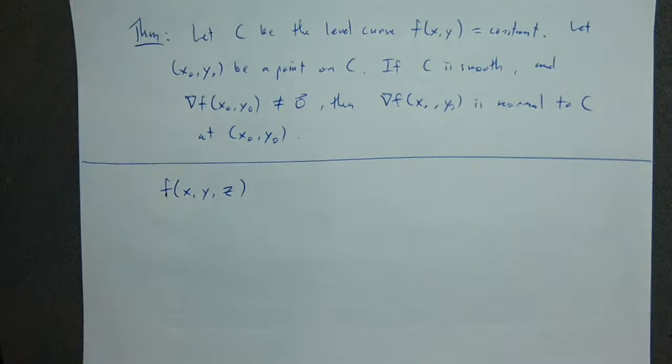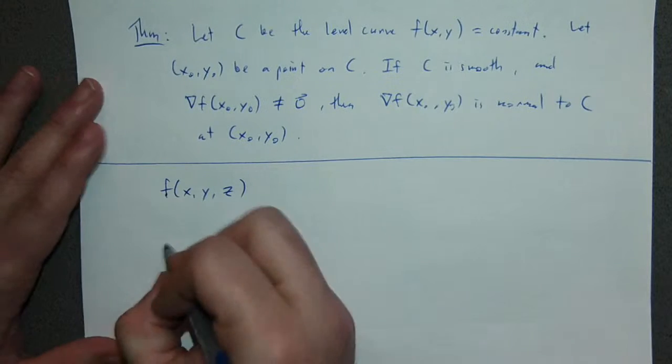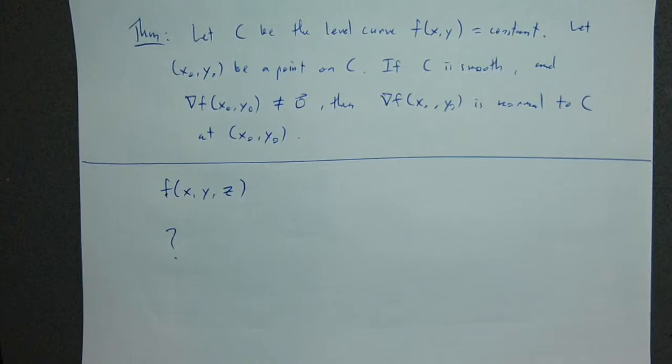What if we have a function, f of x, y, z? And I want to talk about the graph of this. What does the graph of this look like? I don't know. I would have to engage in some weird arguments about looking at cross sections, and of course the cross sections here would be three-dimensional, which would already